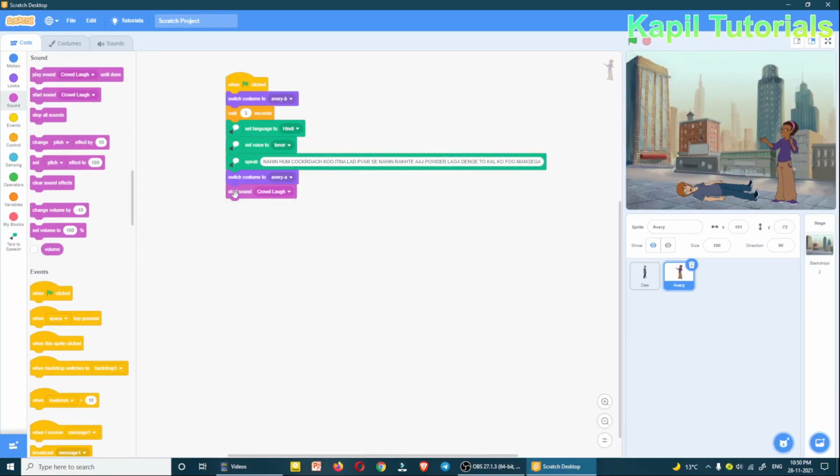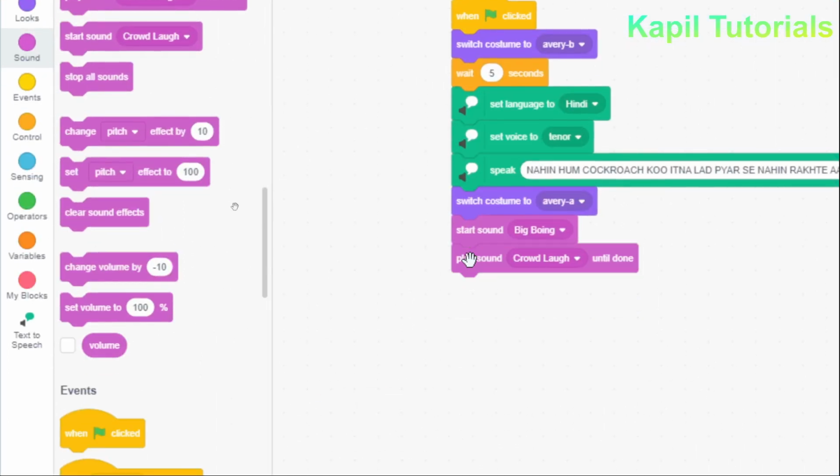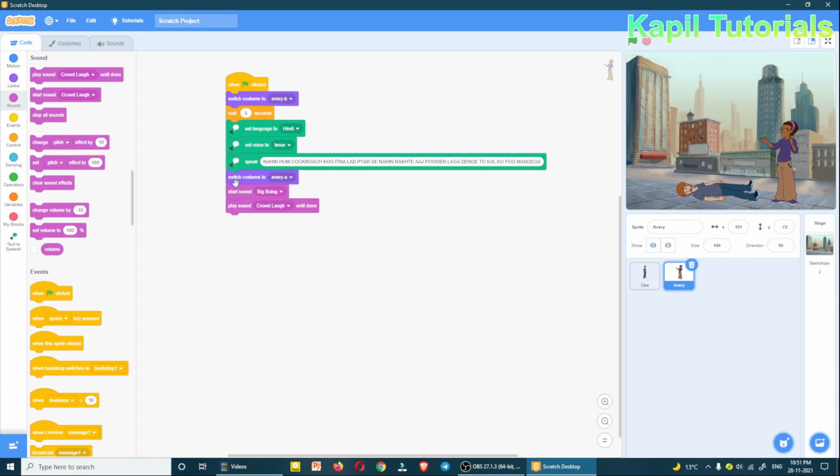I'll drag it down, and here I'll just start bing boing, this one which I have added earlier, and after this start sound, crowd laugh. This I can use play sound crowd laugh until done. So now if I'll play this, let's see.